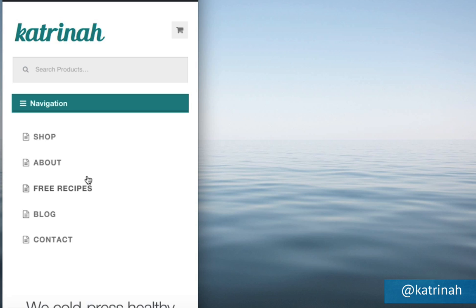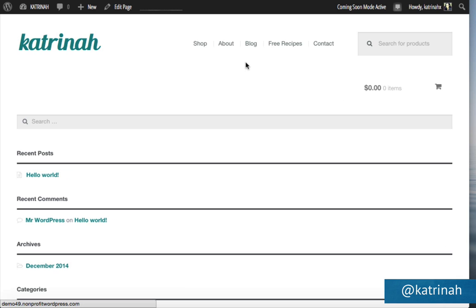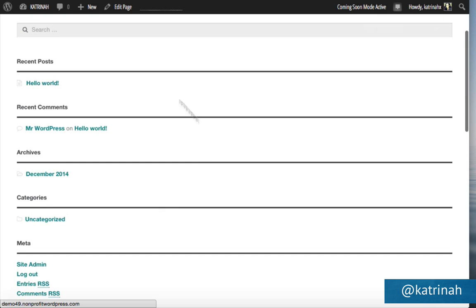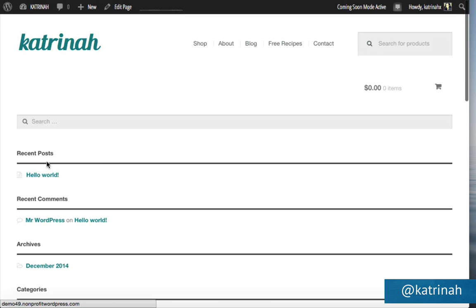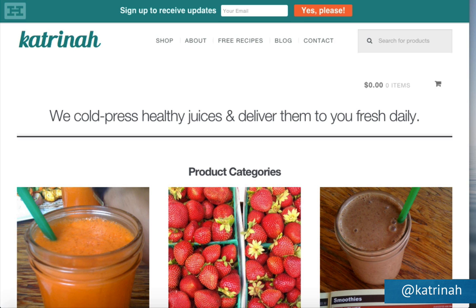Once again, we're using a handheld menu location as well as a primary menu location. Okay, so once we have the header navigation set up, the next step is we need to remove all of this stuff right here that is showing up on the home page. Recent posts, comments, archives, we really don't need all of that. All we really want is to have the header navigation area, and then go directly into the home page title and then the actual products.